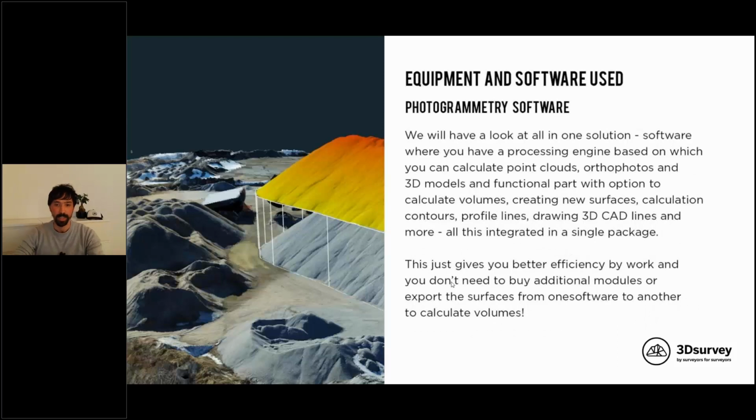Okay, so this was all about the drones. Of course, there are a number of them, but let's focus mainly on those two. And then we will have photogrammetry software. We will have a look at all-in-one solution. Software where you have a processing engine based on which you can calculate point clouds, orthophotos, and 3D models, and